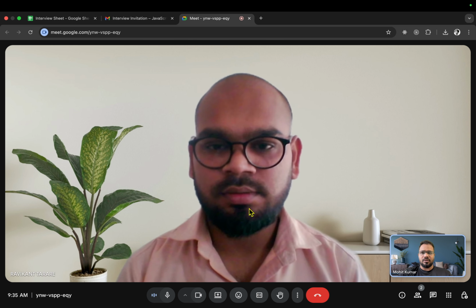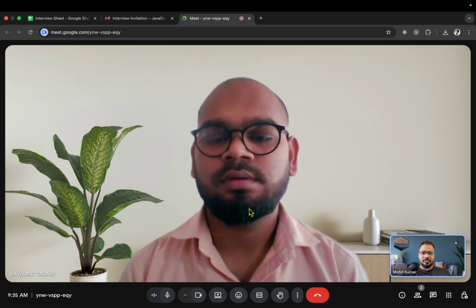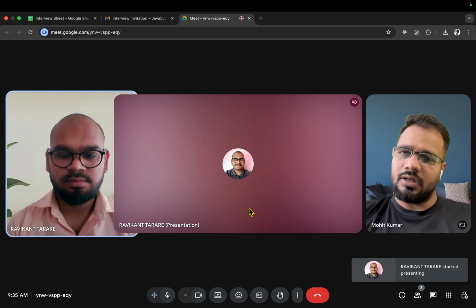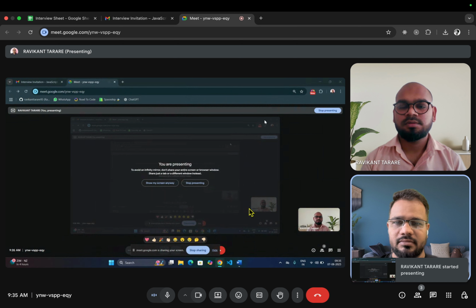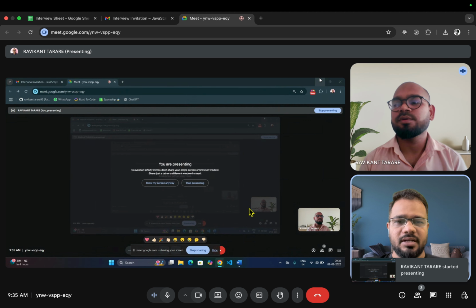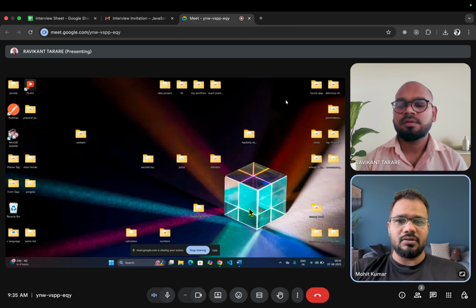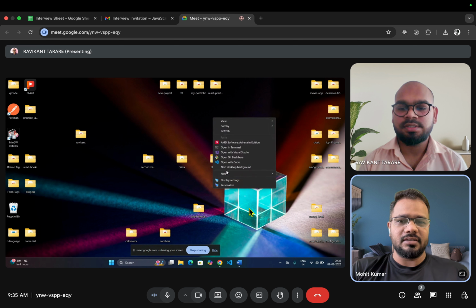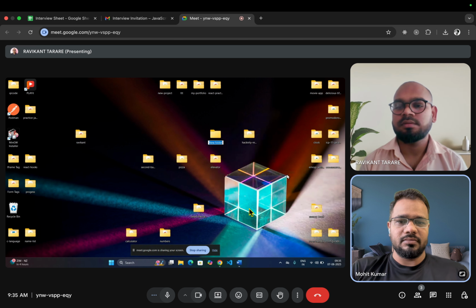Any JS editor you can open, like VS Code. I can open VS Code also. Okay, VS Code is absolutely fine. Sir, sometimes my screen is visible. Yeah, it's visible. Sometimes the person is not able to work on VS Code in a live interview. That's why I am not suggesting it. But right now, you can open VS Code if it is comfortable to you.